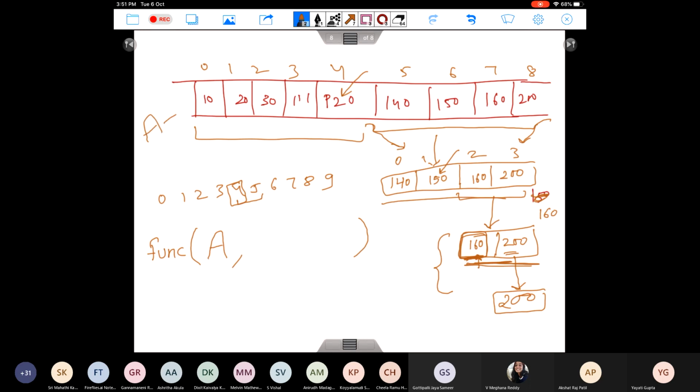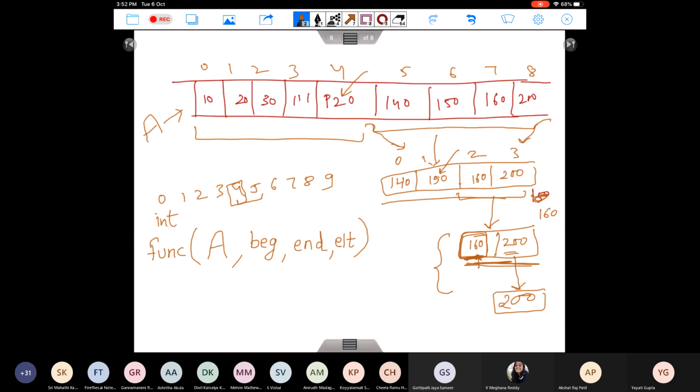So this is my array A. I'm passing this entire array. However, what I'm giving to that person are the beginning and ending locations for him to search. So I tell him that you do not have to search for the element in this entire array. Your work is just to look at the beginning index and the ending index, and you need to search only between these two indices, and you need to search for the element ELT. And this function is returning the index, so its return type will be int.